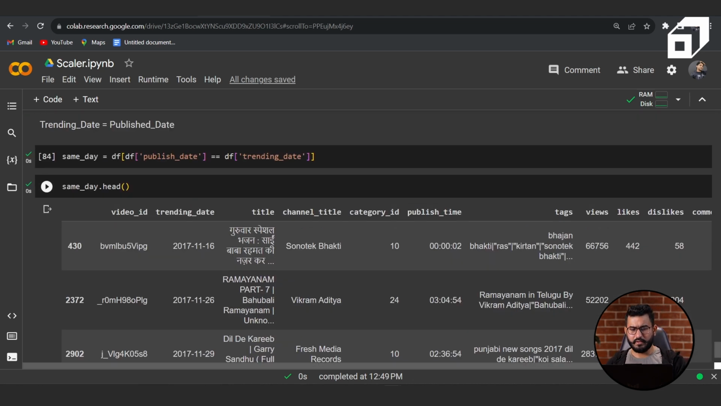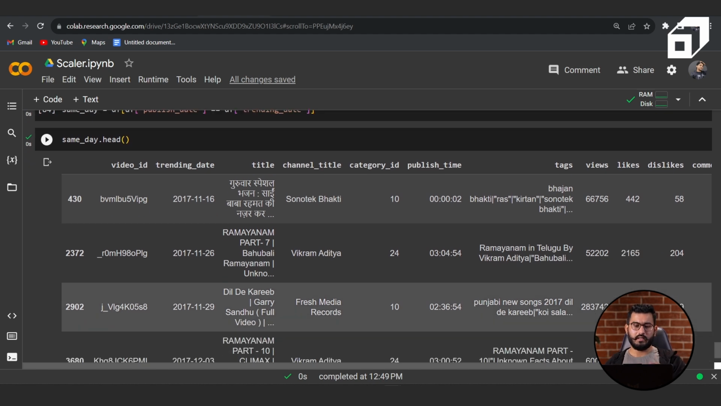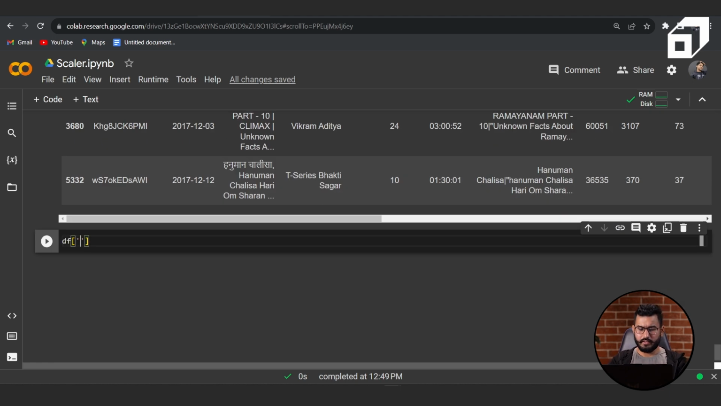Now we will do a quick count, like how many channels are having the same day trending video. So the same day channel title and dot value_counts,